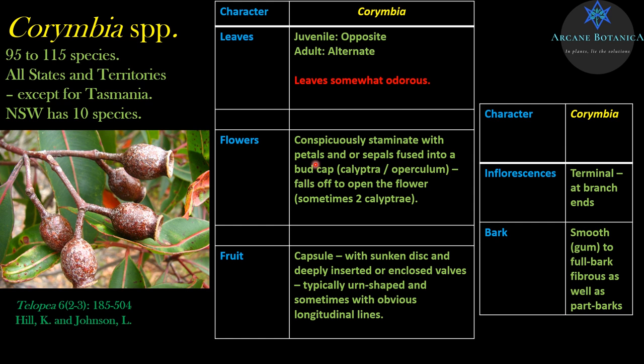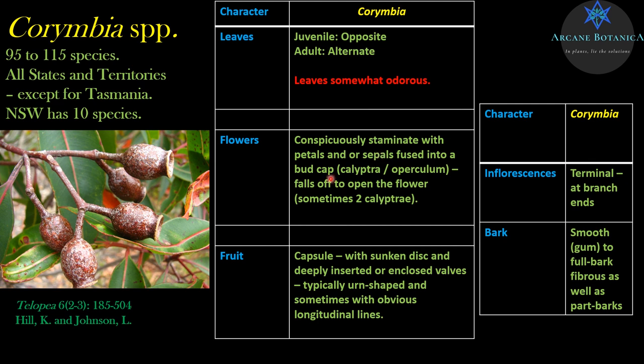And I managed to capture this in the field this week. I'm going to show you in a couple of slides. But on some species, they actually describe the flowers having 5 free petals which aren't fused, but they're actually stuck to the inside of the calyptra, which is made from the fused sepals, and they fall off with it. So I'd really like to see a picture of that or a diagram. I'd like to look inside that bud cap, which is made up of the sepals, and see the free petals inside. I assume they'd be sticking to the inside of that cap.